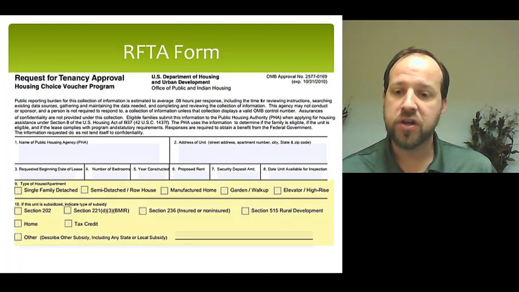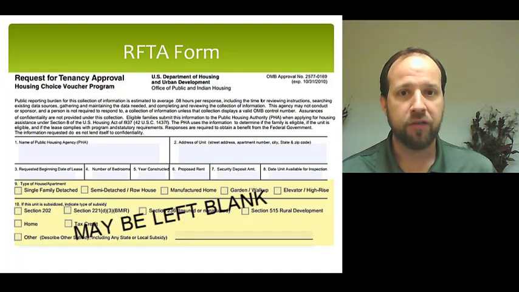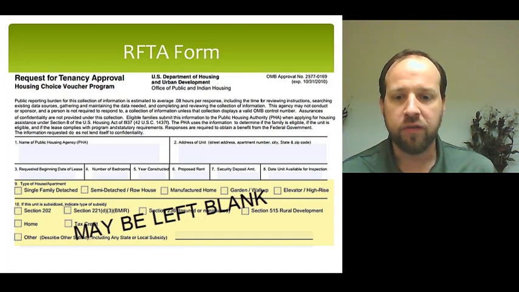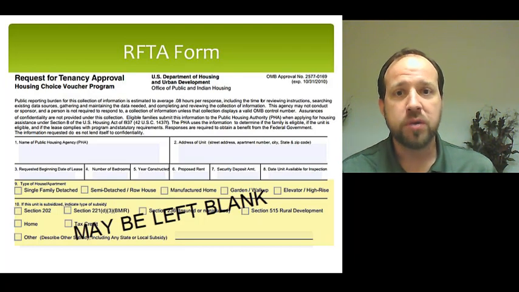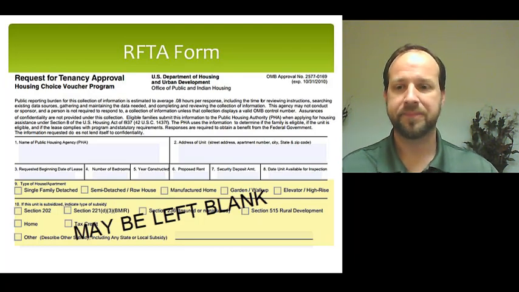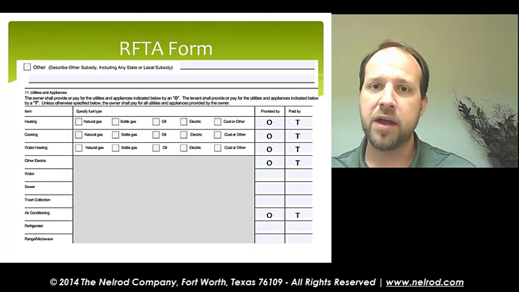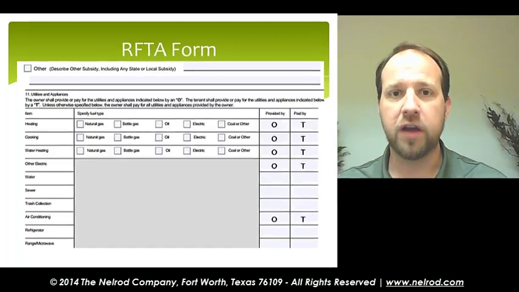The rest of the information here can actually be filled out by the housing authority unless you are unaware of any subsidies that your property may be receiving, which would be fairly rare. If you're under a program there, you would be aware of it, but most of this information on the top half should probably be left blank. Okay. The top portion are some data fields that allow you to enter your name and the property address, how many bedrooms are in the unit, and that's fairly customary.